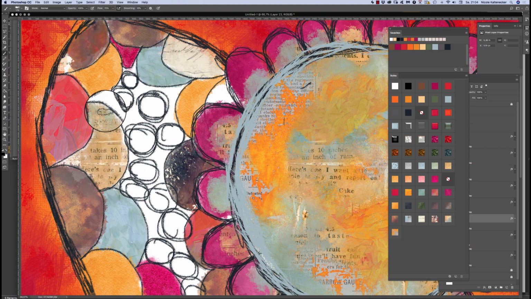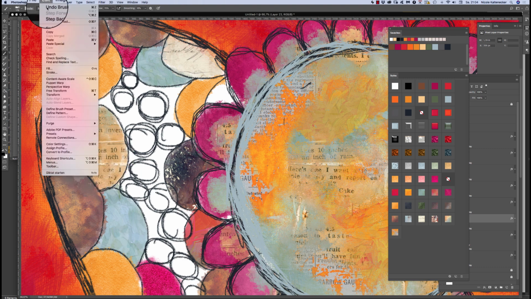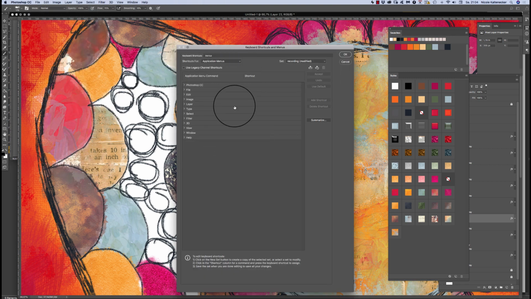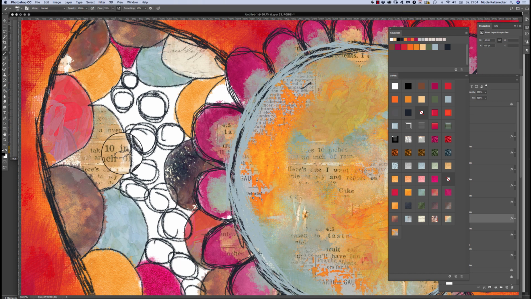If you like to change the keyboard settings, you can go in Photoshop to keyboard shortcuts, and here you can change everything. That's very complicated. I only want to show that you can do that because I have my keys to change the size of the brush on my point and on my comma on the keyboard,